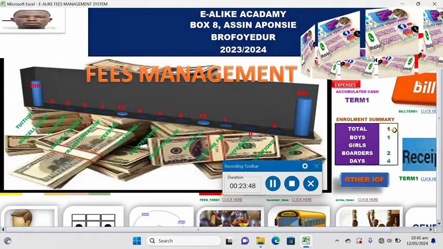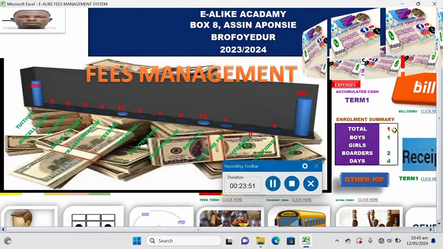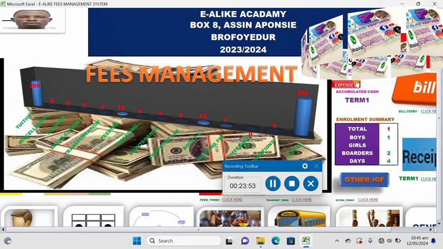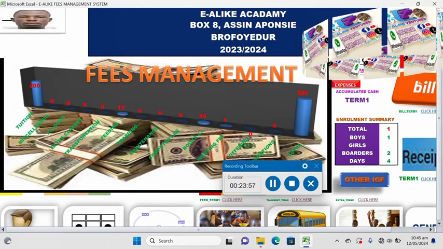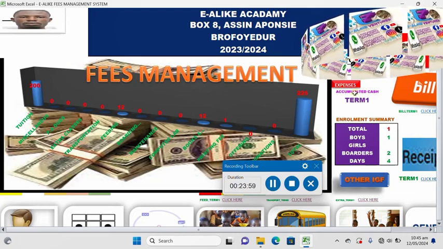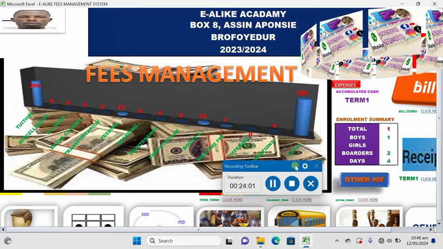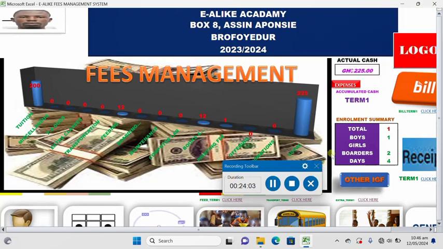So whenever you make expenses, it will be calculated and subtracted from here, 225, from the actual money, the accumulated money that you've gotten here. So it will be subtracted from here,